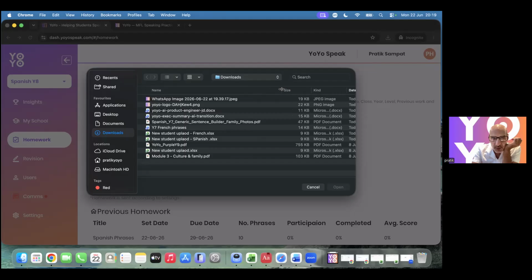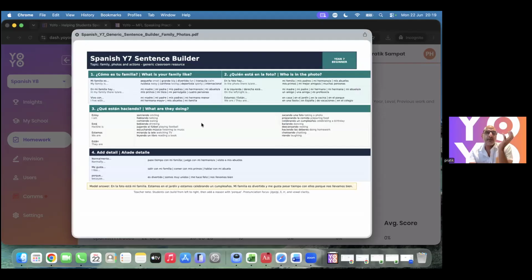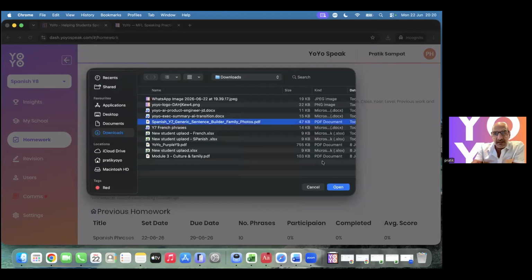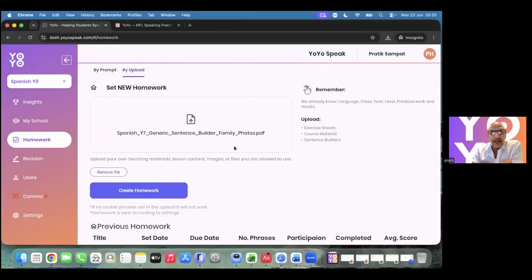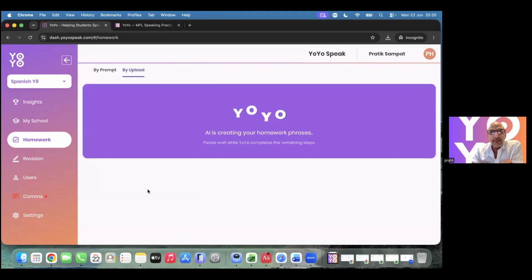We can also upload homework directly from a document. So if you've got any worksheets, this is a sentence builder type worksheet that I've created from the standard high frequency words, and have just brought in for one of my key stage 3 classes. So we're going to add that to the app. We're going to create the homework from that. If the students have it on their phone, it will appear as homework as a notification, so they can click on that and then it opens the app, similar to normal notifications or desktop notifications if they have those switched on as well.